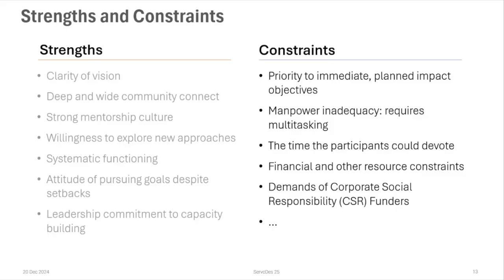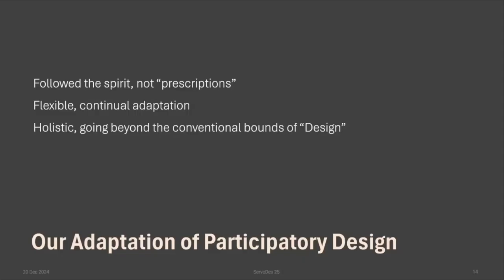So in short, what I want to point out here is that there are strengths and constraints in any such setting that one goes into, and you have to navigate through those constraints and leverage the strengths. That is the broad approach you have to follow. And therefore, what we did, these are three broad themes, if you will,